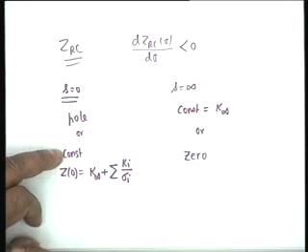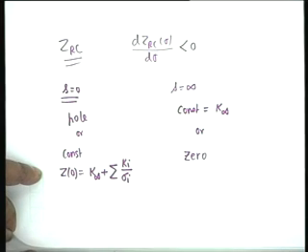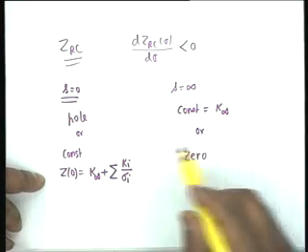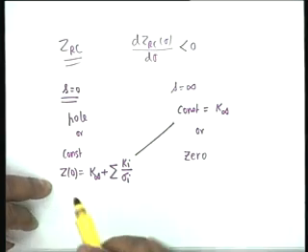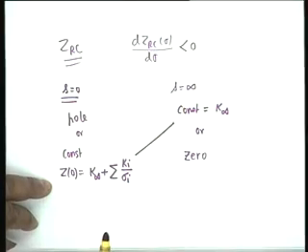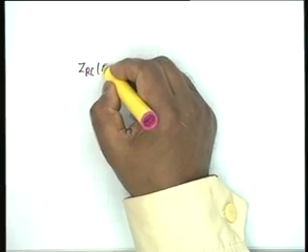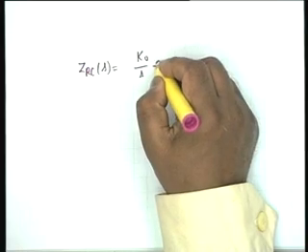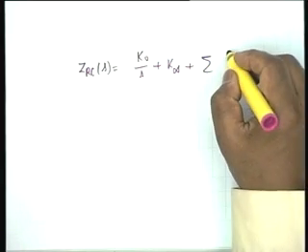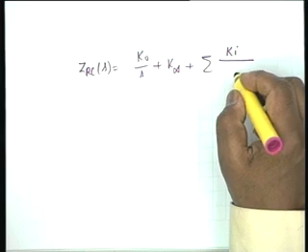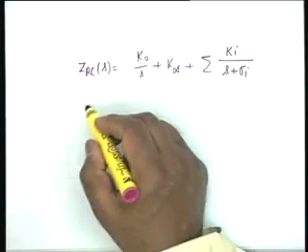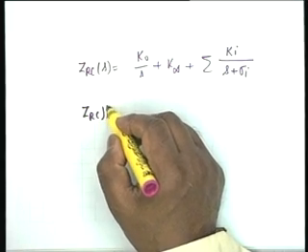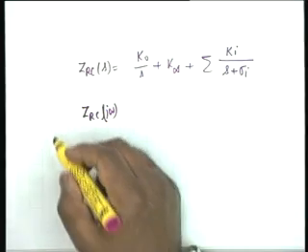Which constant is greater? If it is constant, then obviously, oh, I am sorry, you are right. The DC value is greater than the value at infinity. Not only that, if you go back to the expression for ZRC, it is k0 by s plus k infinity plus summation ki divided by s plus sigma i. This was the expression. If I take ZRC of j omega and the real part of that,